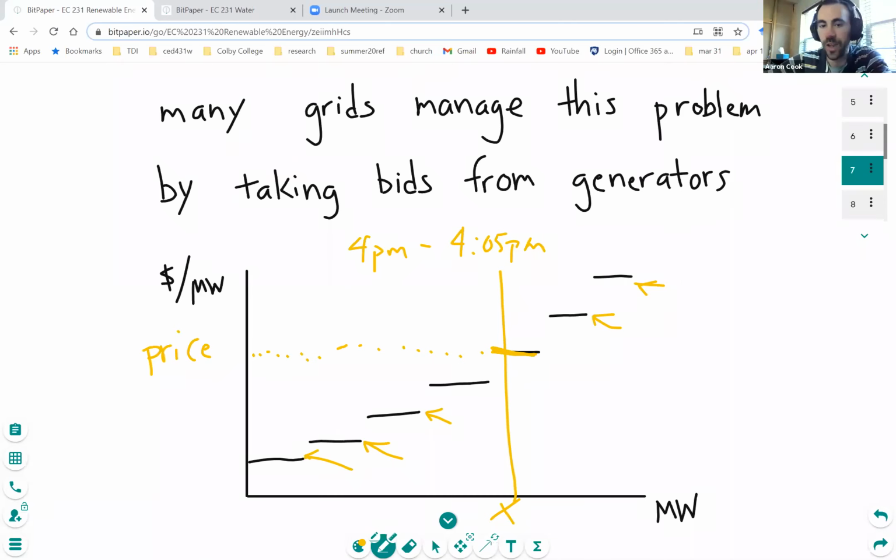And then the quantity that you have is all of these bids earlier are going to be producing, and then that will add up to X amount of electricity being produced during that very narrow time slot. So that's just a little bit of how electricity prices are set on a very narrow time window, like a 5-minute